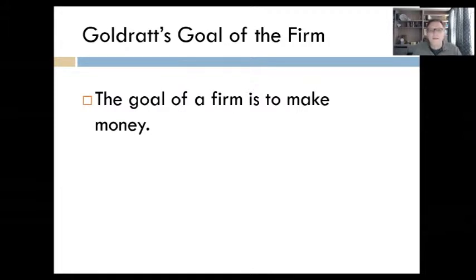Eli Goldratt developed what's called the theory of constraints. And he said the goal of the firm, quite simply, is to make money. Everything else is subjective to that. The goal of the firm is to make money. There's all kinds of good reasons that should be the goal because it keeps people employed, keeps the company moving forward and taking care of its 3 bottom lines. It's good for the community prosperity. So the goal of the firm is to make money.